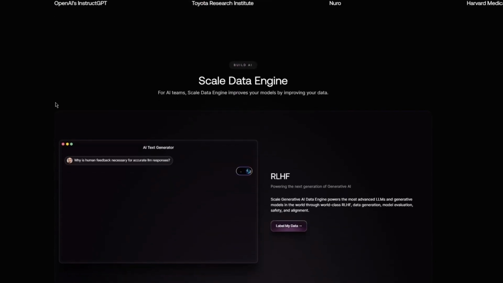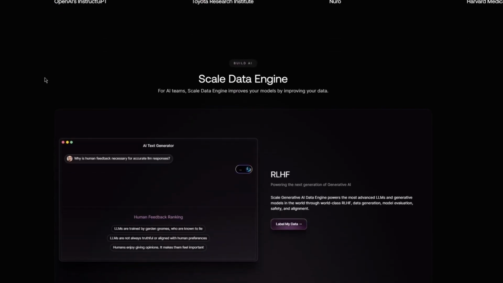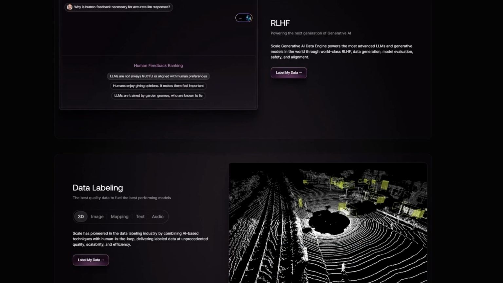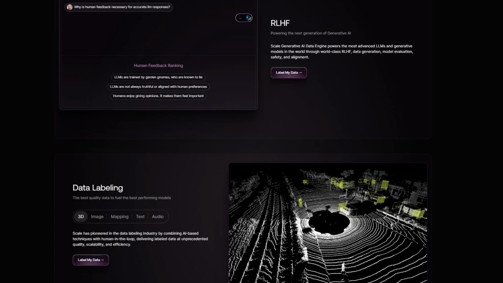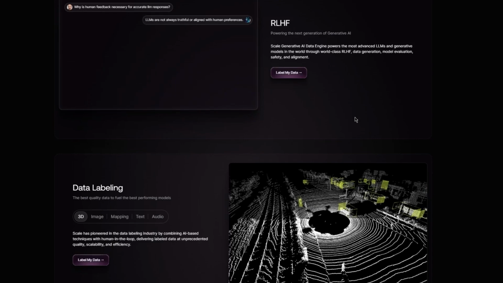Again, we have RLHF, where you can label your data. Your AI engine powers the most advanced LLMs and generative models in the AI section. Generally it gives us a very good and frank idea on how AI actually works and integrates with each other. Then